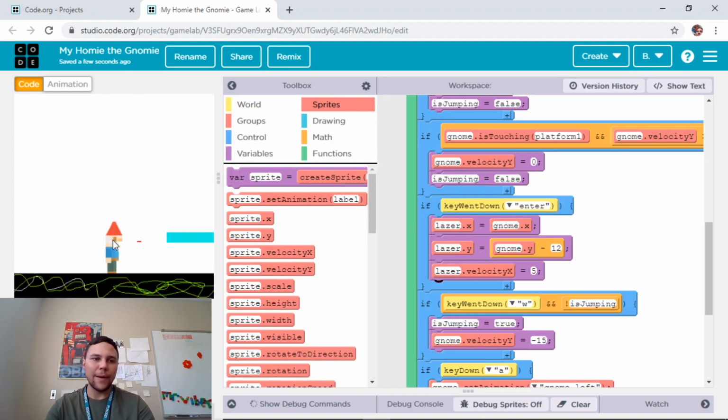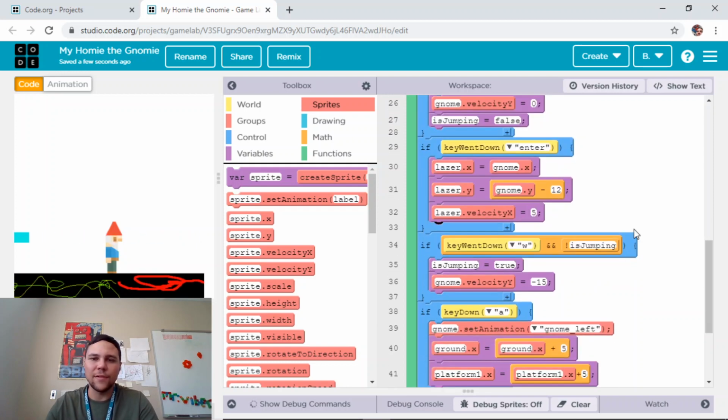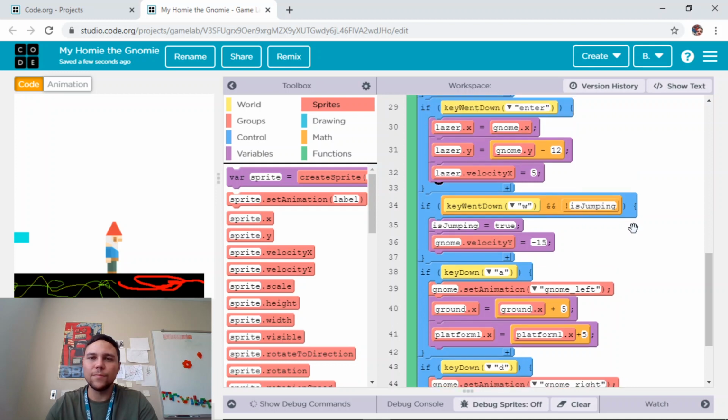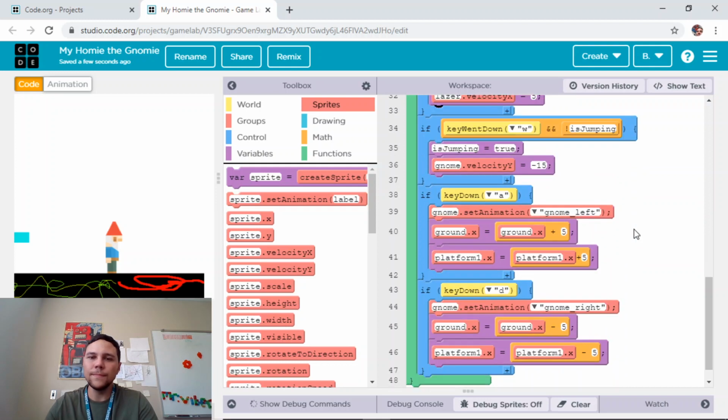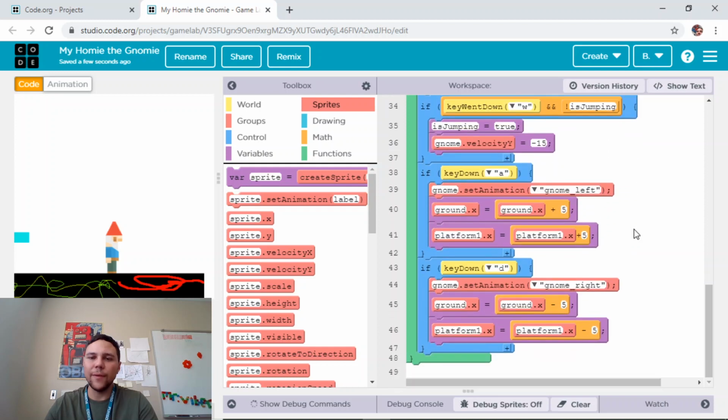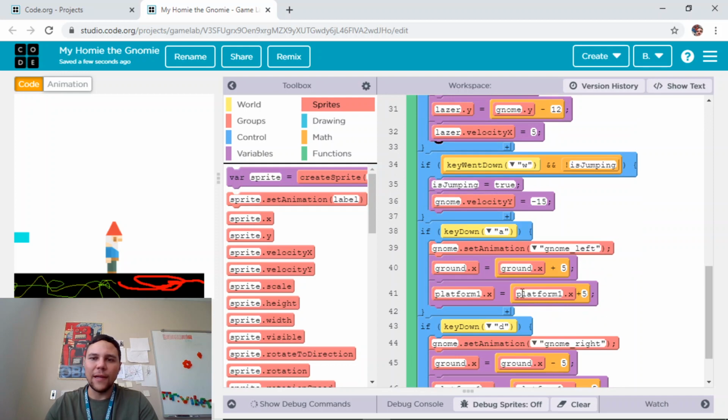Because of how our background works, it's not actually the gnome moving, remember, it's the background moving. So if I shoot and then I walk this way, it looks like the laser beam stopped. What do I want to do about that? So if I'm pressing A, then I need to